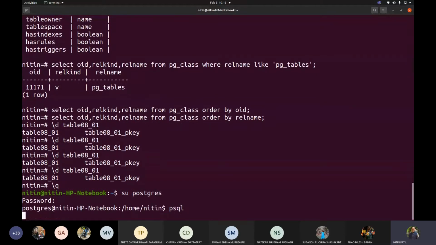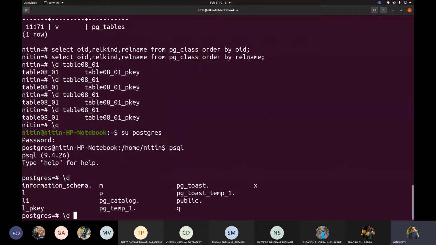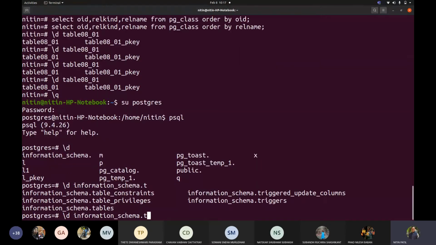and now if I go with PSQL and if I write C, now that table belongs to something, okay? So let me write PG catalog. So again, if you see, it is not permitting me to make use of this PG catalog. So let me go to information schema, and you will see now I am able to get this table constraints.